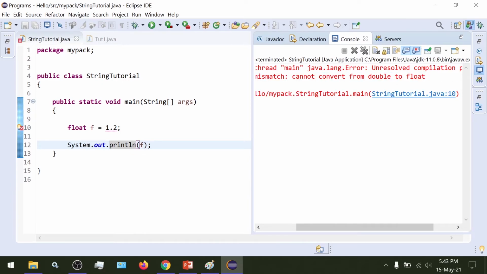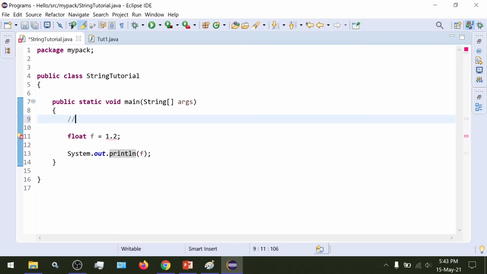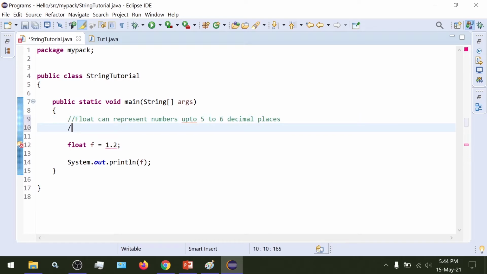So what does this error mean? We have 1.2, and in the float data type we saw that we can represent a single precision value. Float can represent numbers up to 5 to 6 decimal places, and double can represent up to 15 to 16.